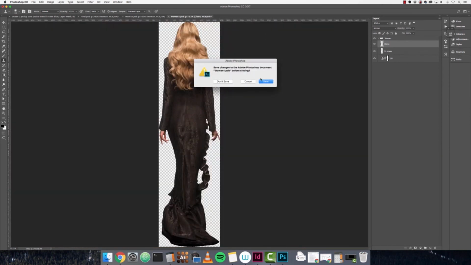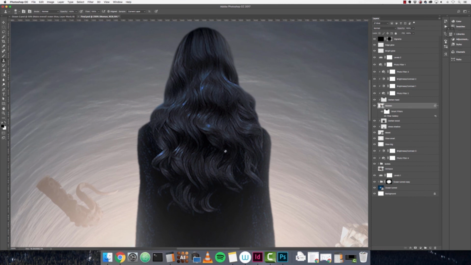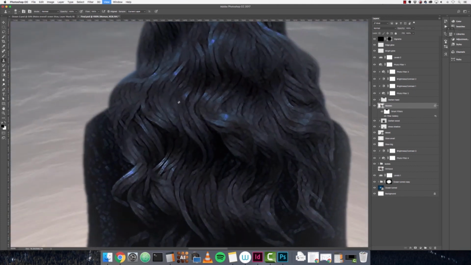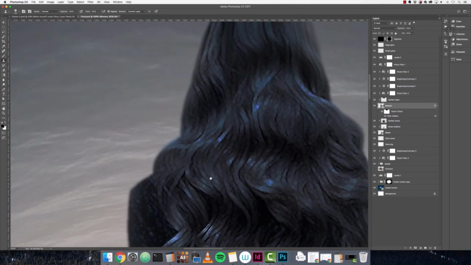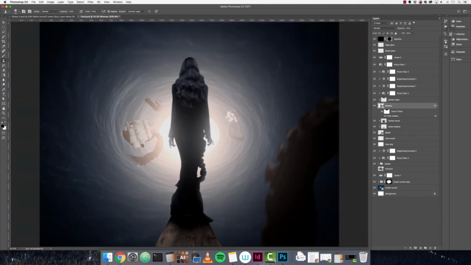We're just going to close this smart object, save it, close this one as well, save it, and you can see our changes have been applied. That hair has been filled in, and the light that I got rid of there is a lot less intense. And that looks pretty good. All I want to do now as a final step is add a tint to the